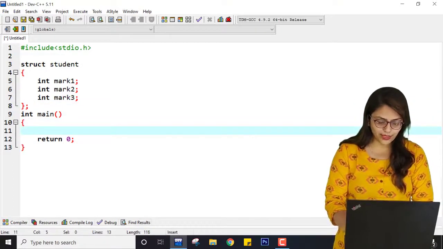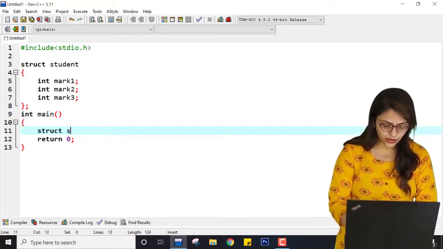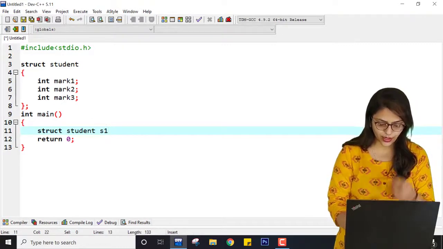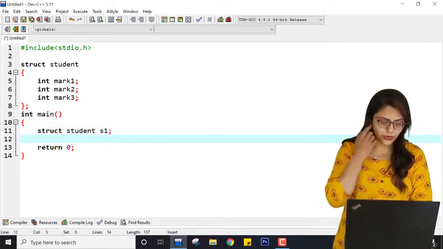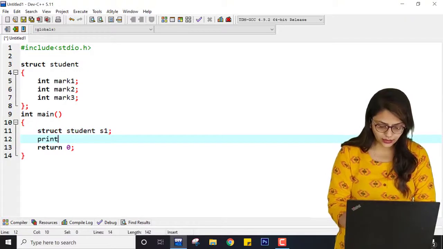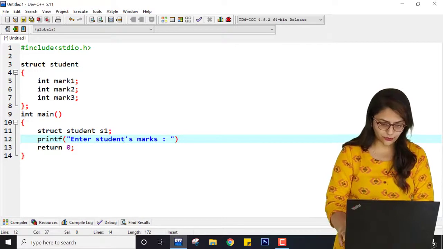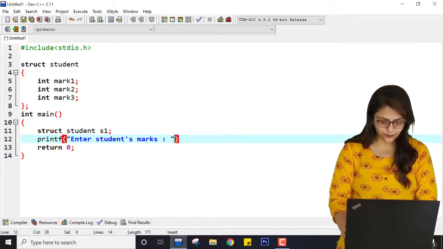Now inside void main I am creating struct student s1, right? And here I am telling the computer to enter student's marks.